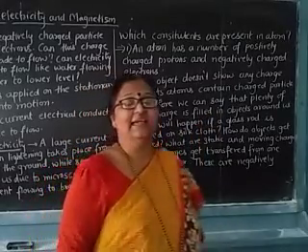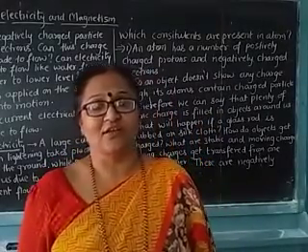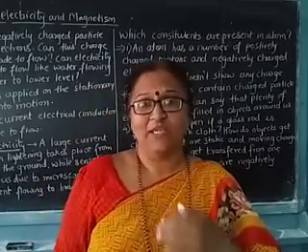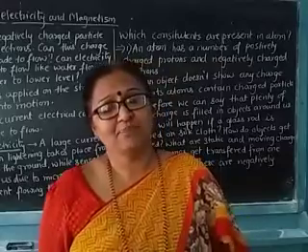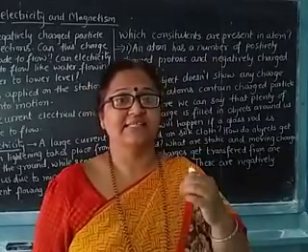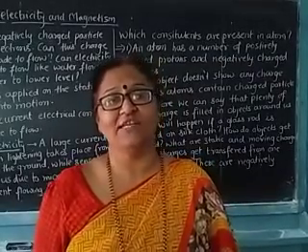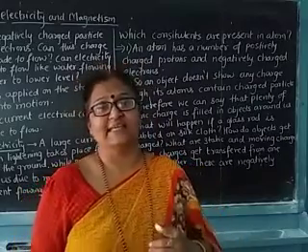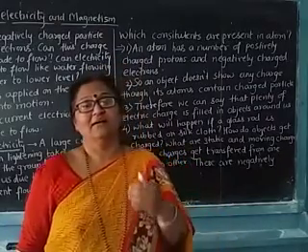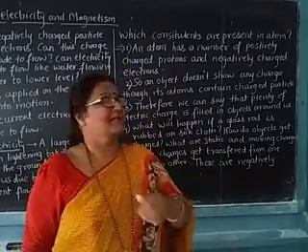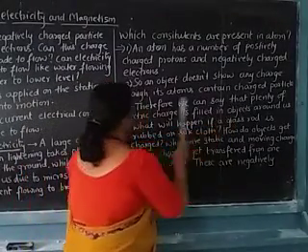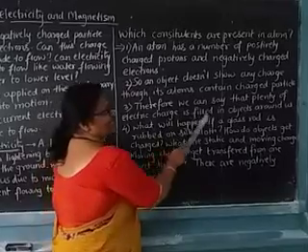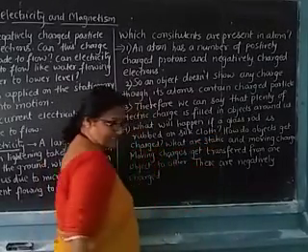We can say that an atom is neutral. Why is it neutral? Because it has both positive and negative charge, and these positive and negative charges cancel the effect of each other. Therefore, we say that an atom is a neutral particle. Therefore, we can say that plenty of electric charge is filled in the objects around us.